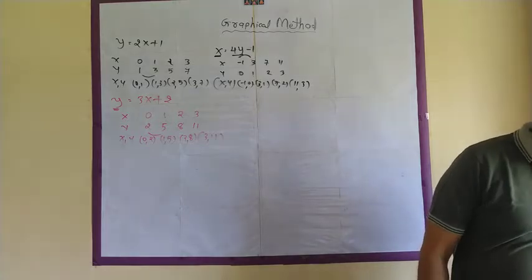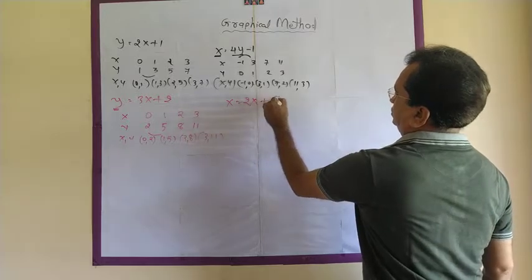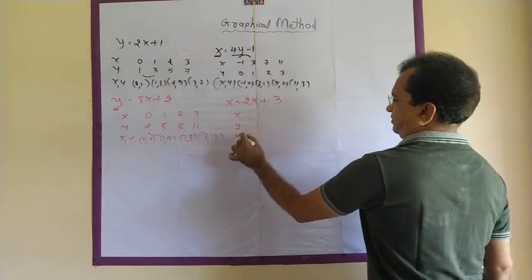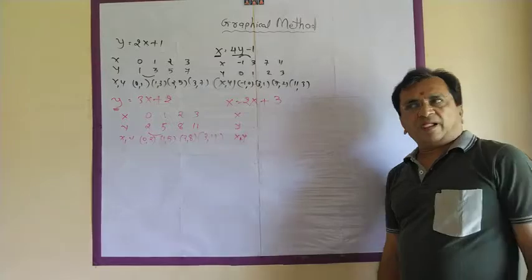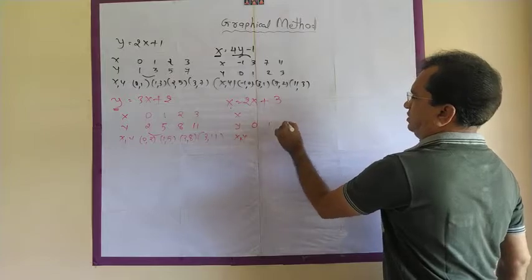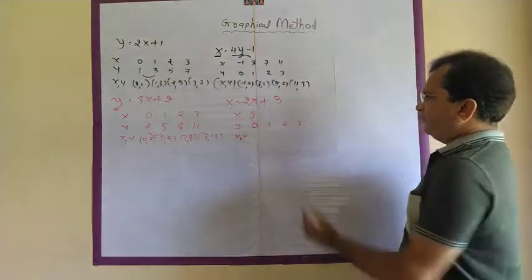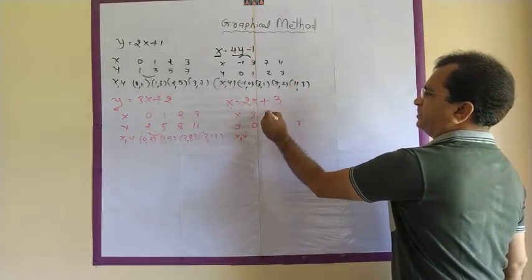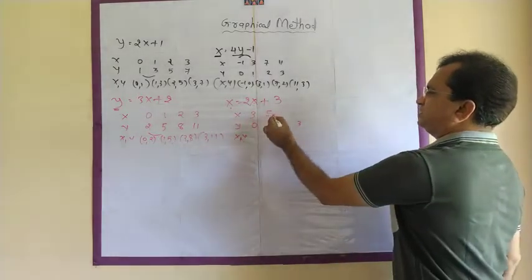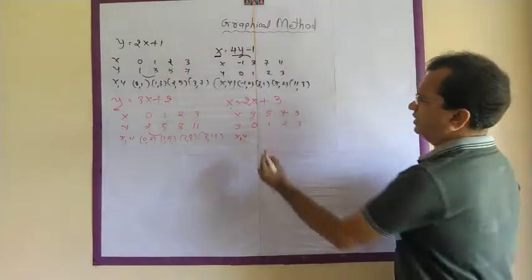Again, I will take one more example for an x equation. x is equal to 2y plus 3, for example. Again, x, y, x, y. Again, it is given in the form of x. Substitute for y first. 0, 1, 2, 3. If it is 0, then it is 3. If it is 1, 2 ones are 2 plus 3, 5. 2 is increasing. Plus 2, plus 2, plus 2. Your coordinates are ready.